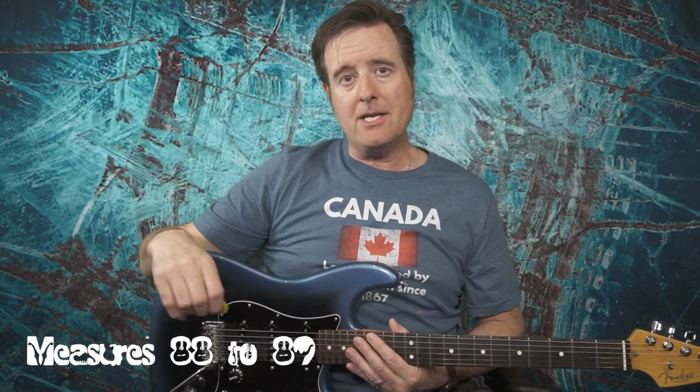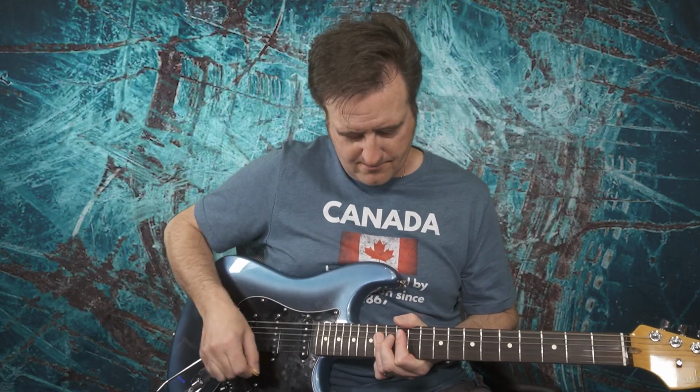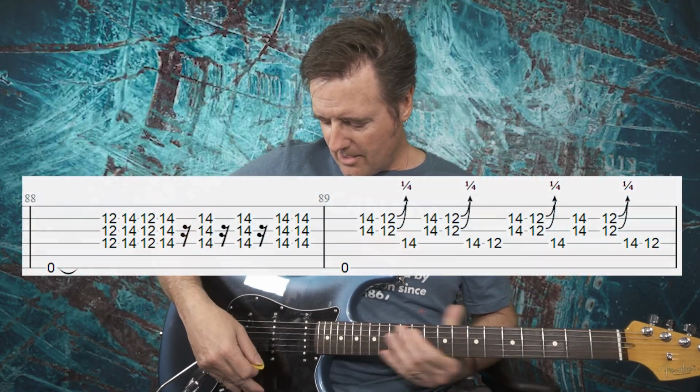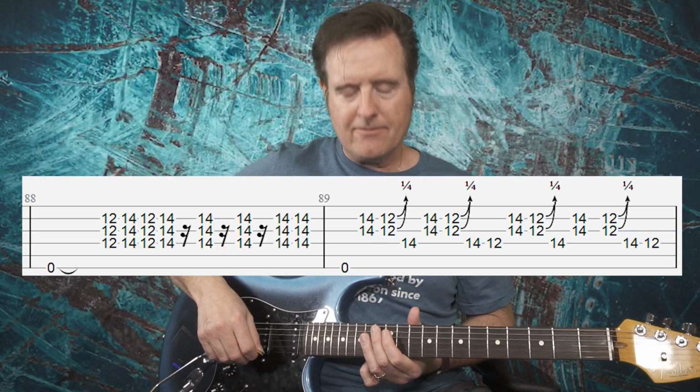Measures 88 and 89. Note that we're going to be hitting a low E and then flicking to the rear position pickup for the rest of the tune. Sounds like this. Very messy, very aggressive. So we have that low E, flick the pickup, then we have